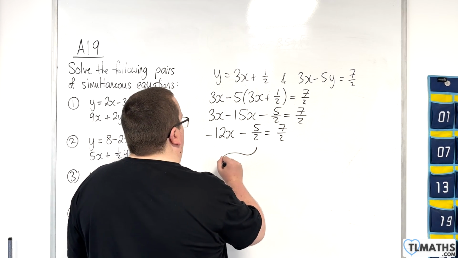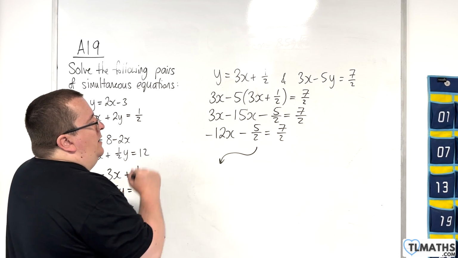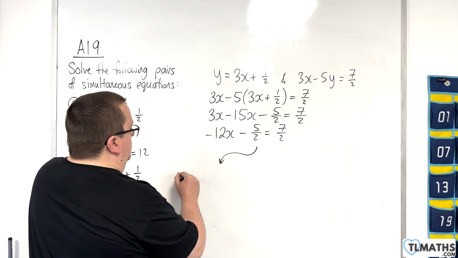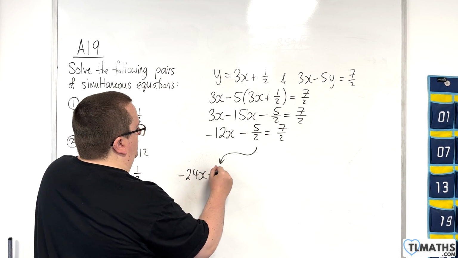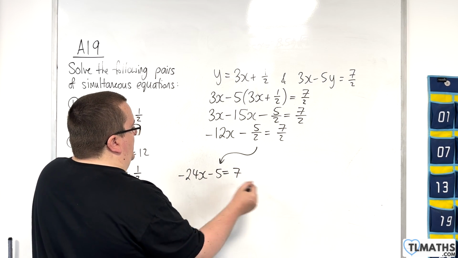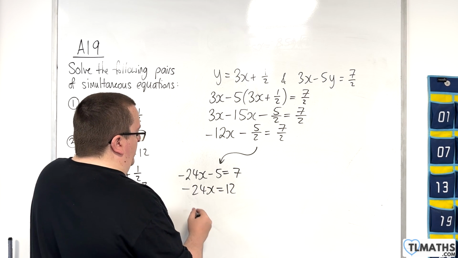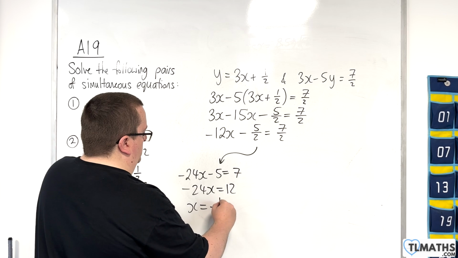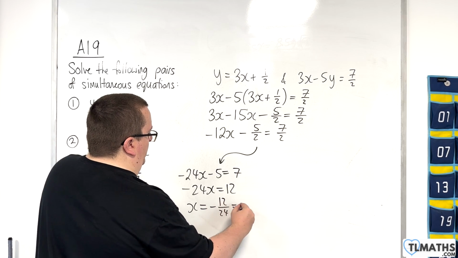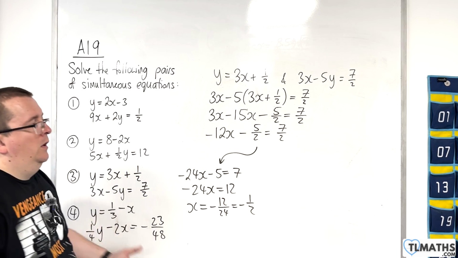So let's go through two alternatives here. Either we multiply everything through by 2, then add the 5 to both sides, and then divide through by minus 24, which is minus 1/2. Or